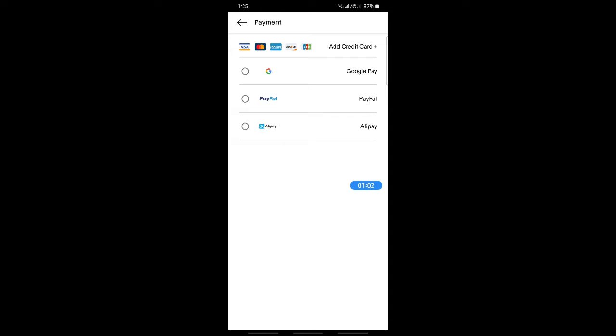And if your location supports Apple Pay and you have the appropriate device, then you should be able to select the Apple Pay option instead of Google Pay. Once you have selected that, all you have to do is click it, continue with your purchase, and then complete the transaction. So that's pretty much it. As I said earlier, this all depends on your